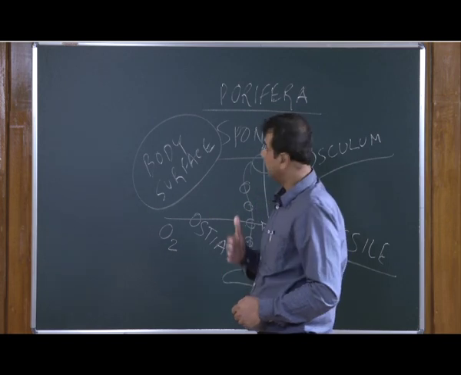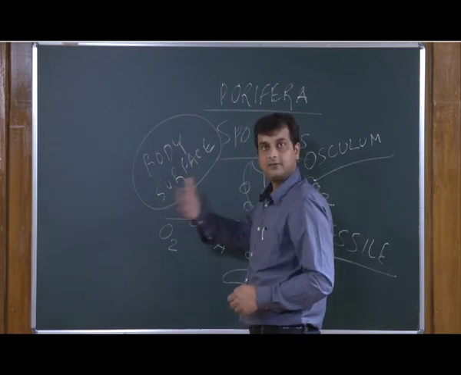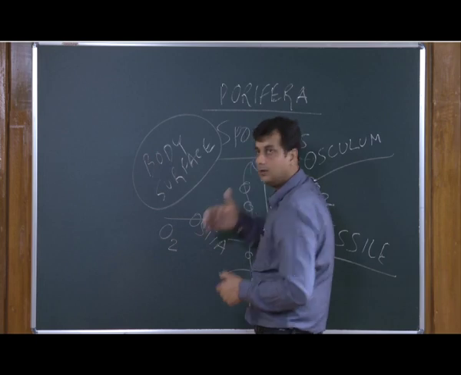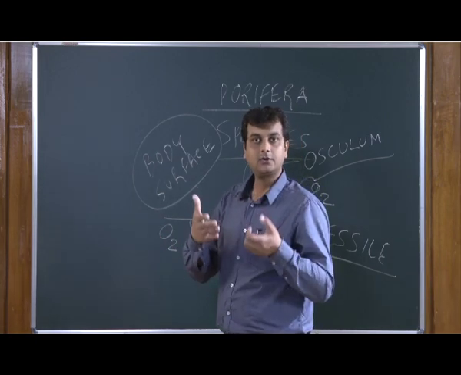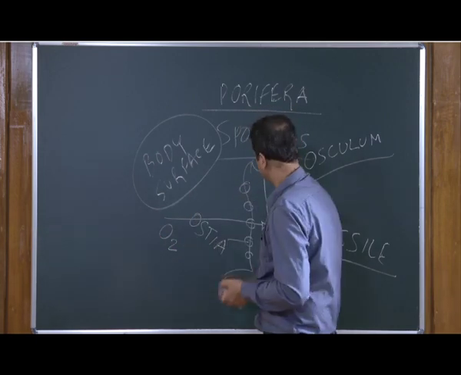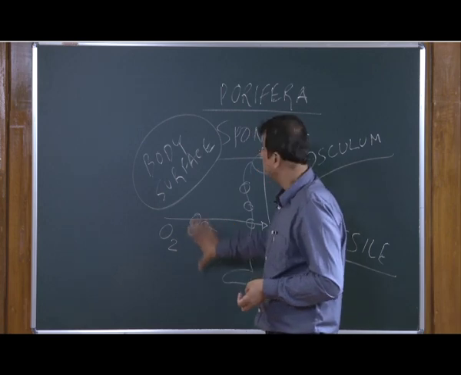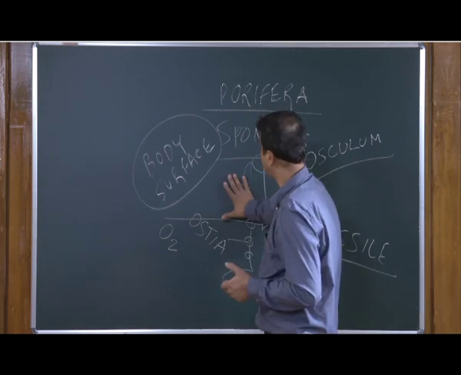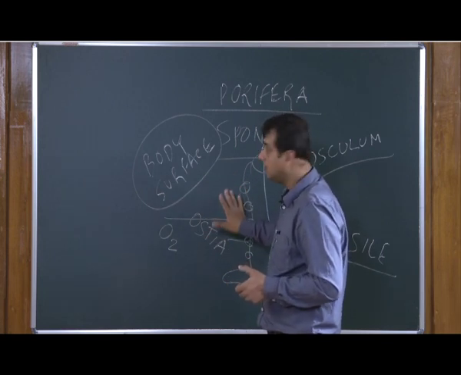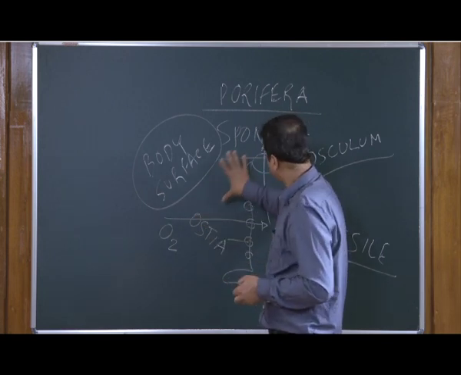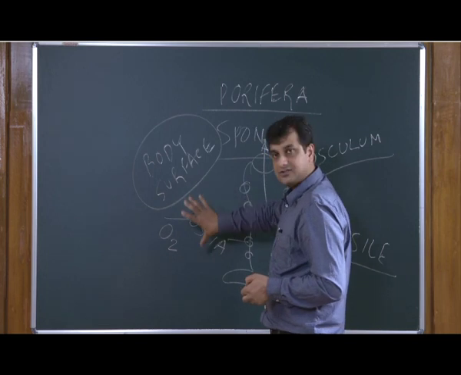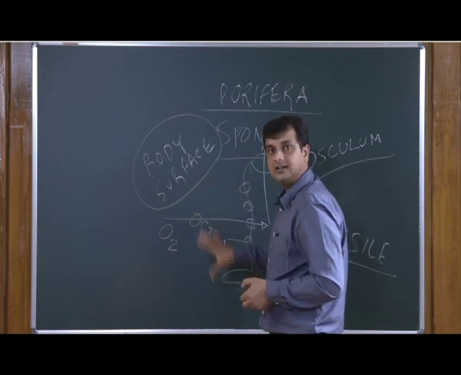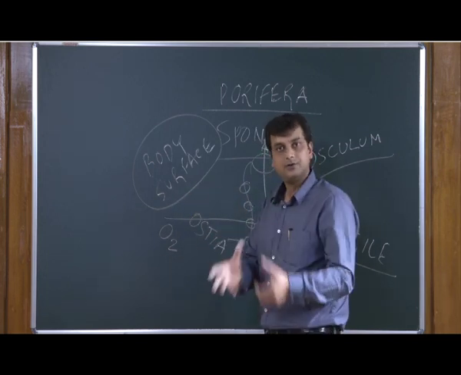So, slowly it got evolved, and because of evolution the whole structure got modulated in order to sustain this respiratory process. But this is in a nutshell about this. We are not going to discuss much about the whole Porifera phylum, but we will try to understand why these are exchanging the gases through the surface area, because they lack any specialized respiratory organ in their body.